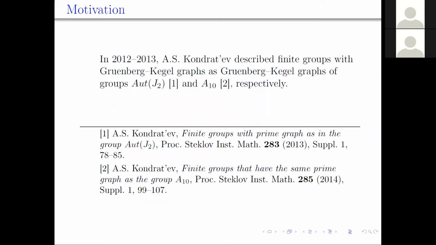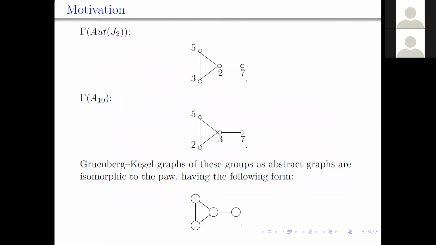Now I want to say a few words about motivation. In these two works, Anatoly Kondratyev described finite groups with Gruenberg-Kegel graphs as Gruenberg-Kegel graphs of the groups Aut(J2) and A10, respectively. This slide shows the Gruenberg-Kegel graphs of Aut(J2) and A10,